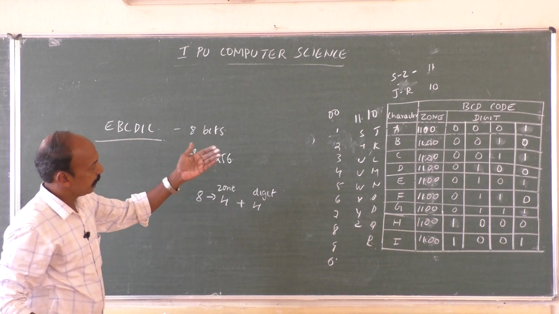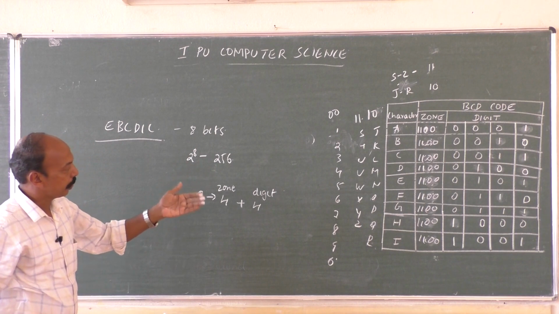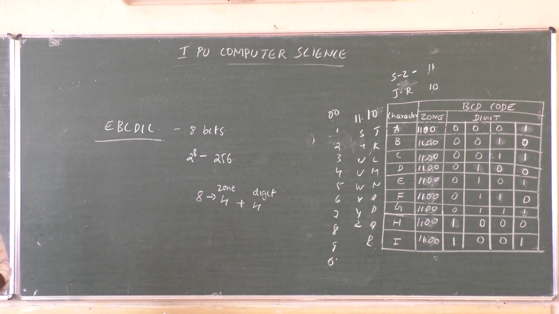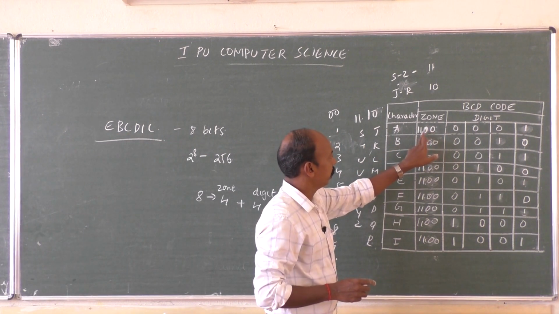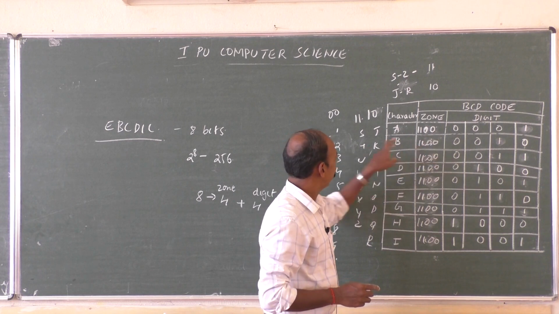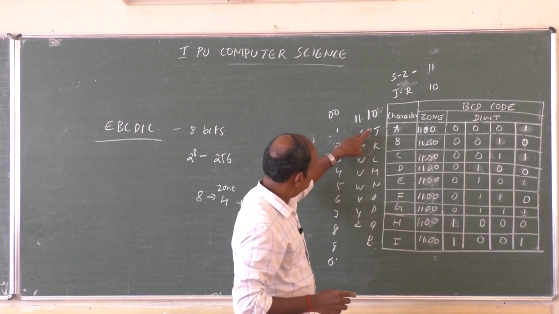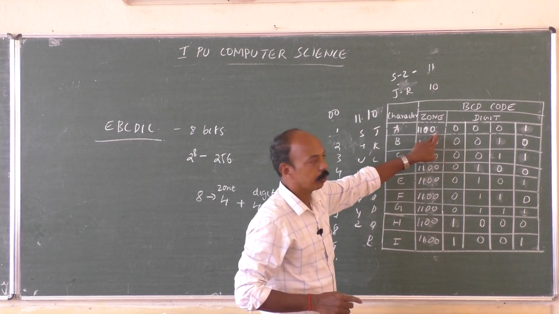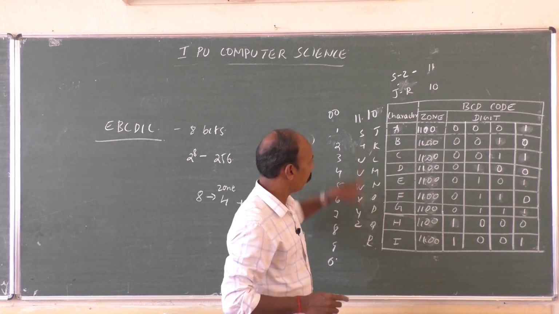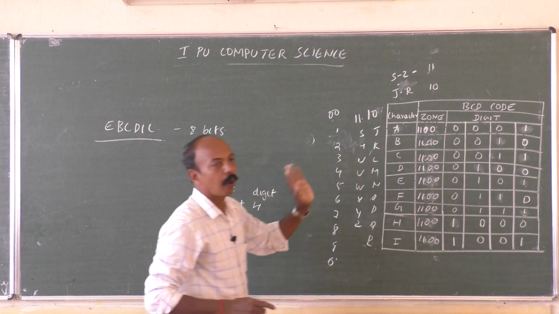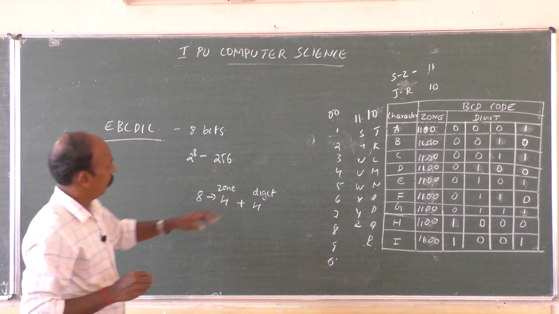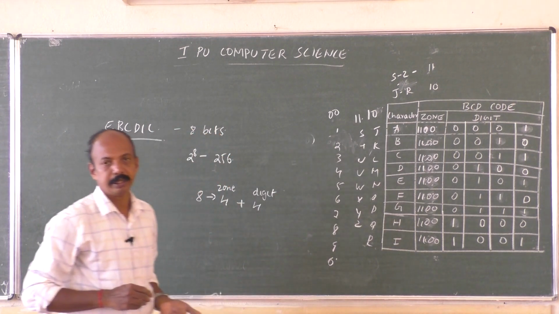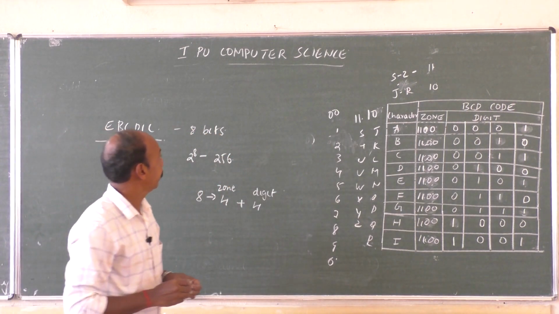Next comes J, K, L, M, N, O, P, Q and R. How will it be different now? Instead of 1 1 0 0 it will be 1 1 0 1. So for J to R it will be 1 1 0 1. Just change this one. For the next combination again it will be 1 1 1 0. Change it. And from 1 to 9, the last combination, whatever is left. That's all about EBCDIC.